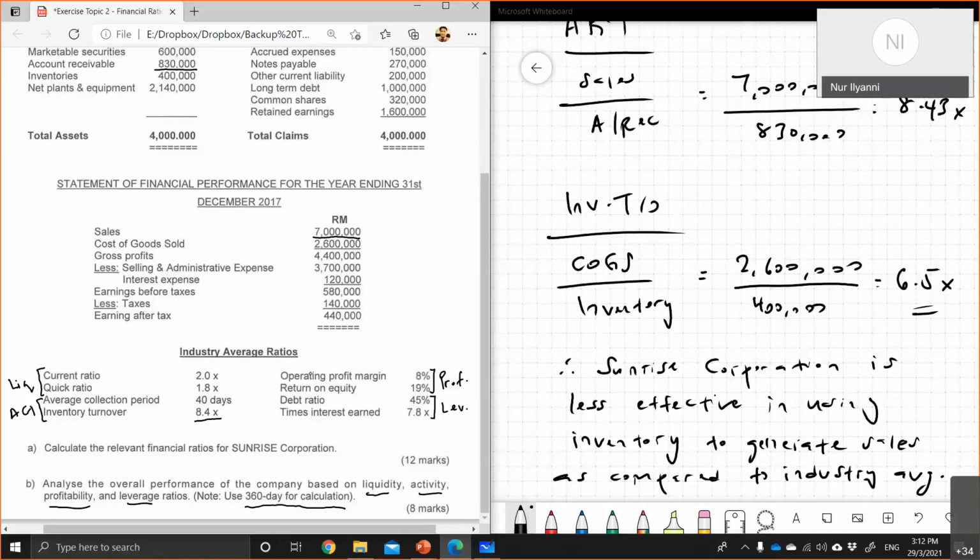The question will provide you with the reference or the comparison point. So the question will give you, at least, the industry average. We have 8 ratios here. And as I recapped last week, this is not the answer. Okay, this is just a point of reference. You need to compare your calculation with these figures. That's number one. So A is the calculation of how we get the